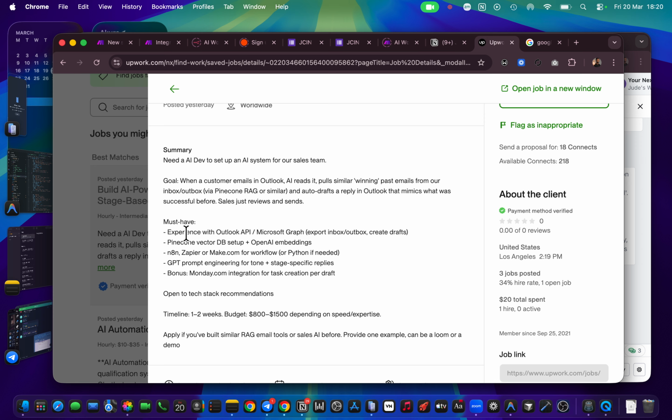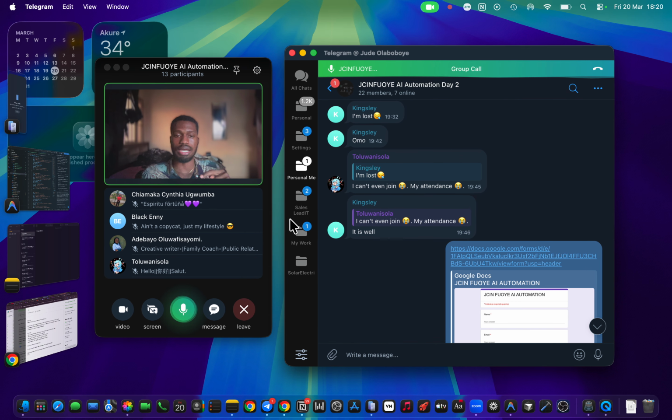You just need to be able to pause and break these words down. When you break it down, it becomes very easy for you to know, oh, okay, this is what this person wants to do, this is what he wants to do, and well, we should be able to find our way around it. You can also check Google about it too. You see if it is possible or not. So this is one of the ways where you get to break things down very easy. And to be honest, you won't find things very hard. AI automation is not hard.